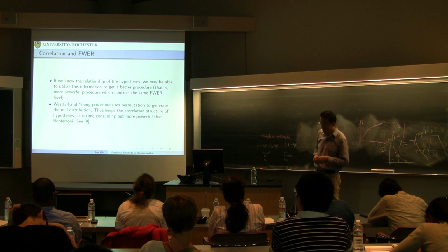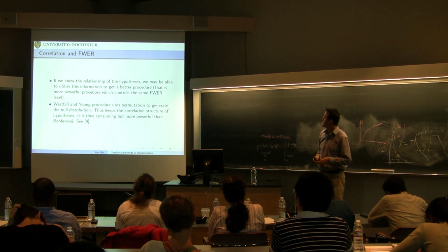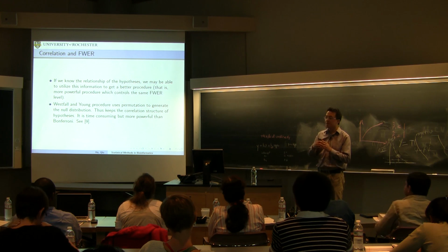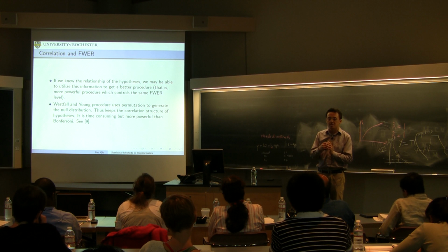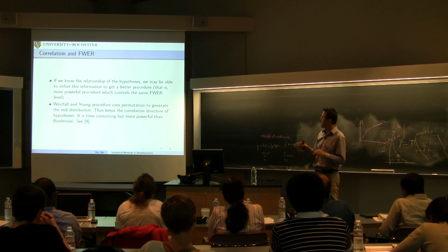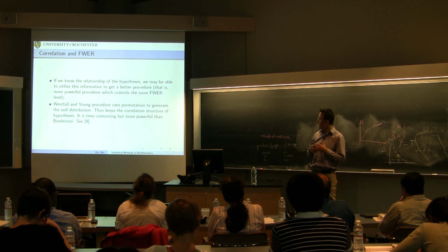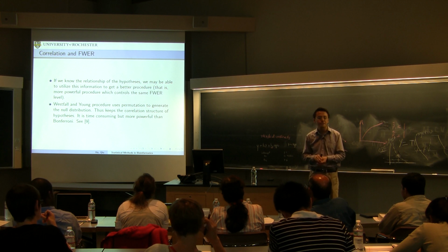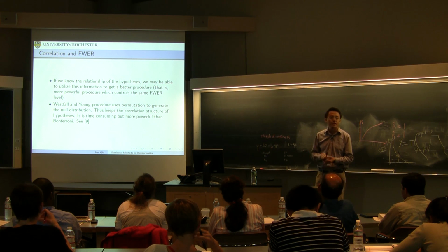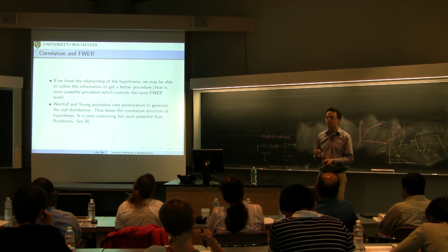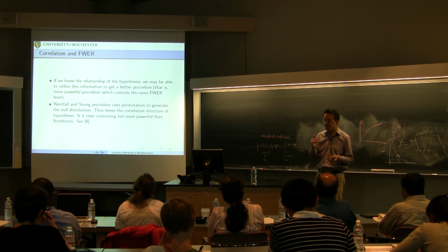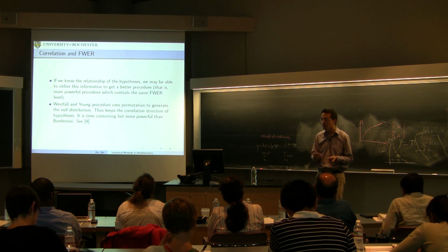So people like Westfall and Young developed this procedure so that they permute the data set so that they will keep the gene dependence structure. So you don't have to worry about details, but the point here is it is less conservative. It's more powerful. But the problem for this procedure is that because it's permutation, it's very time consuming. For the Bonferroni, for example, you can do that in 1 second. But for this, it takes a while. So it depends on how much time you have and how much you worry about the type 1 error and the power. You can choose